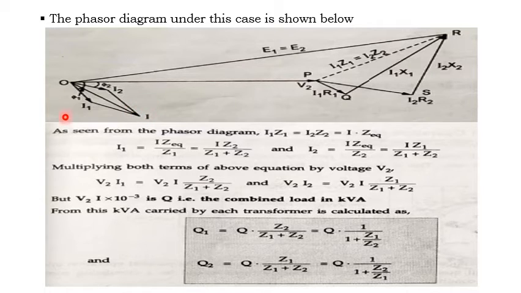Now, with respect to the I1 phasor, I have to draw the voltage drop, that is I1 R1. This is a pure resistive circuit, so the voltage is in phase with the current. So instead of this line, I draw a parallel line to I1; here I draw I1 into R1. Next, the voltage drop across the reactive component is I1 into X1. So here you can draw the I1 into X1 phasor.